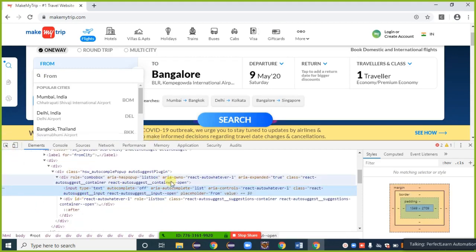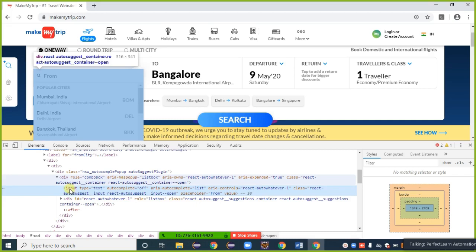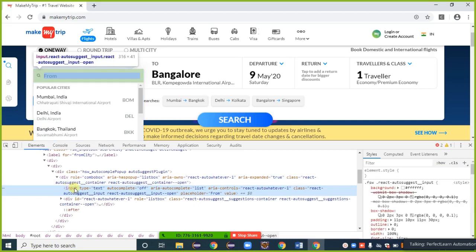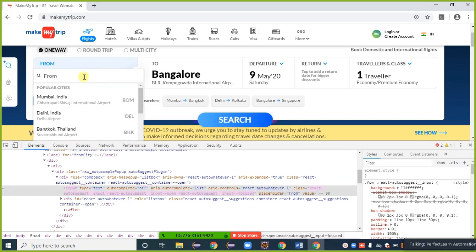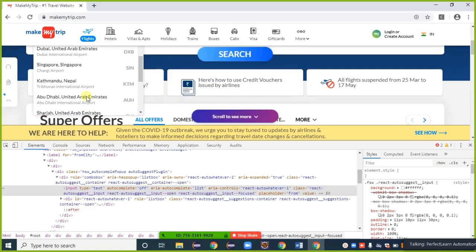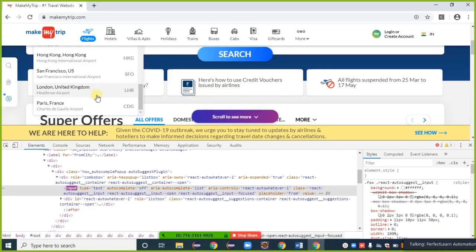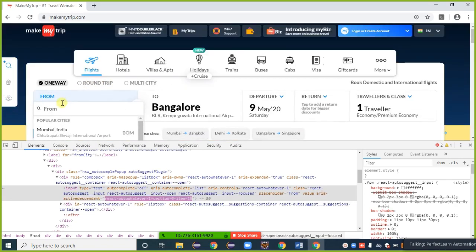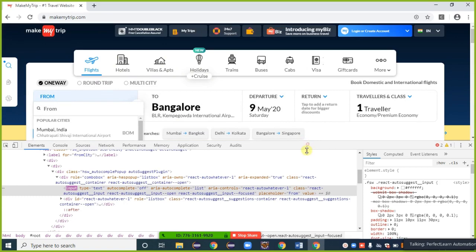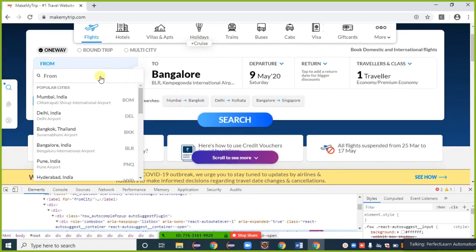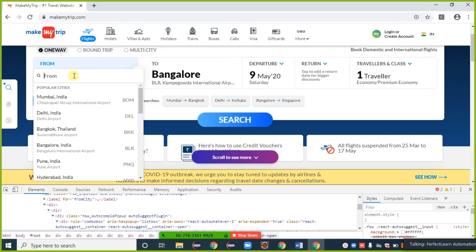Here the tag name is input. It means that this is not static, and it is not dynamic. Why not dynamic? Because when I open that list, no total list appears here, only a very small list is available. When I provide something inside this, I get different suggestions as per the given input. When I provide US, I get different suggestions, and when I provide a third letter, USA, I get different suggestions. That kind of thing is called an auto suggestive list.